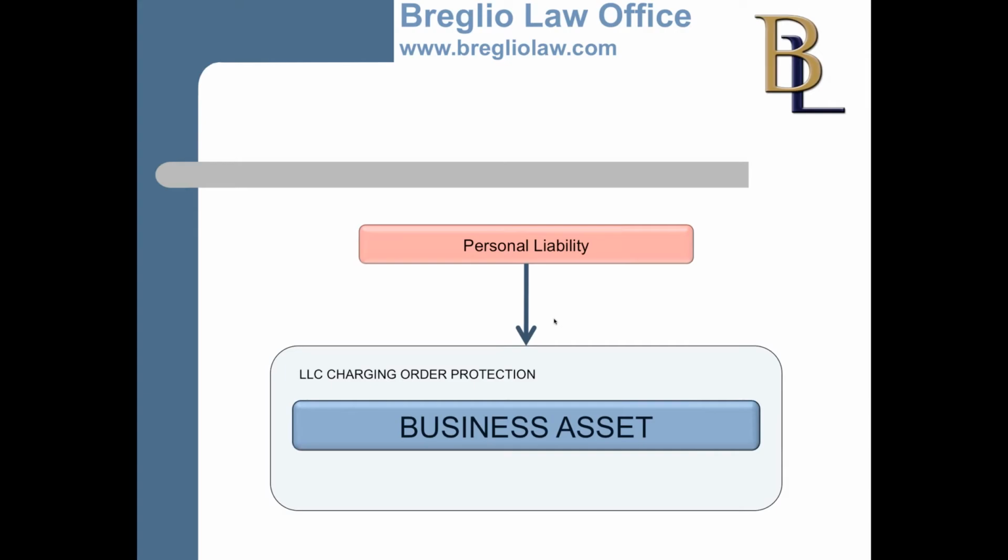That loan shark only gets a charging order for whatever receipts and money partner A would have gotten out of here. But what partner B can do is make a decision not to distribute any funds. So they're going to leave the money in the company and not make distributions. That way, this loan shark, who now would get anything partner A would get, gets absolutely nothing because nothing's being distributed out.